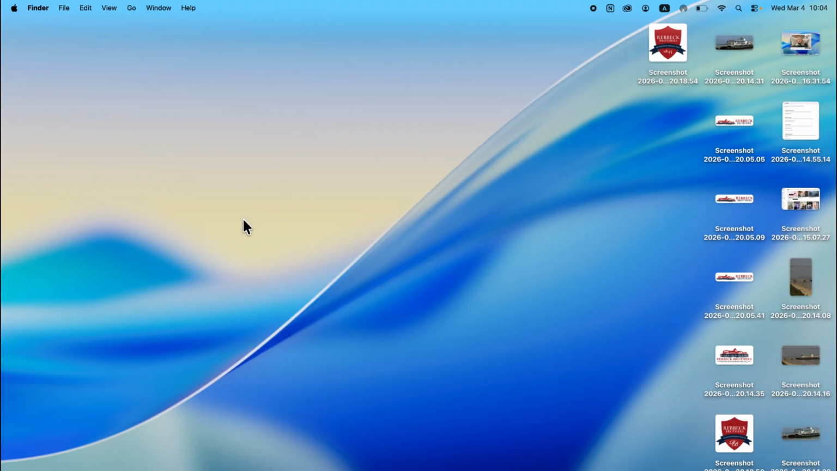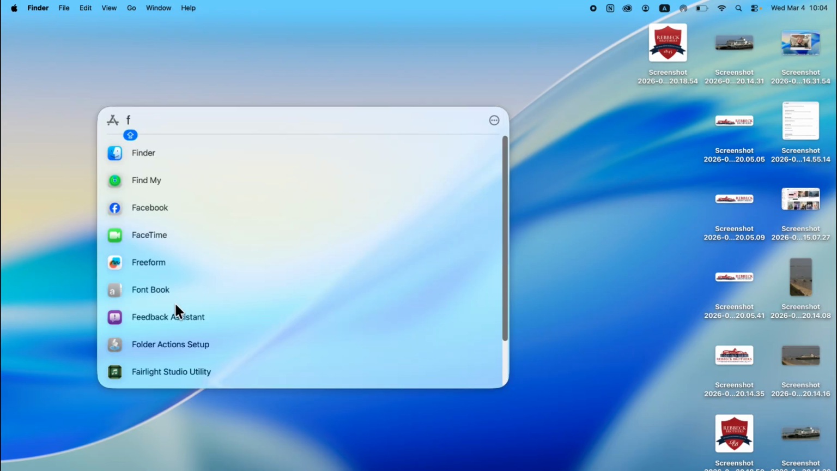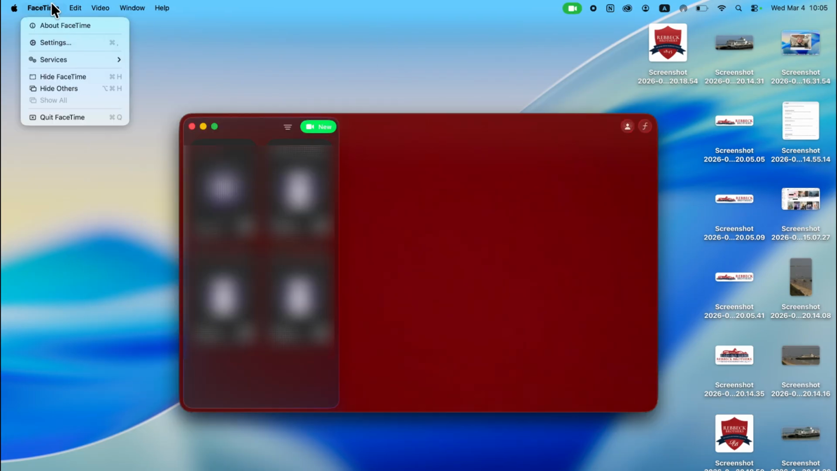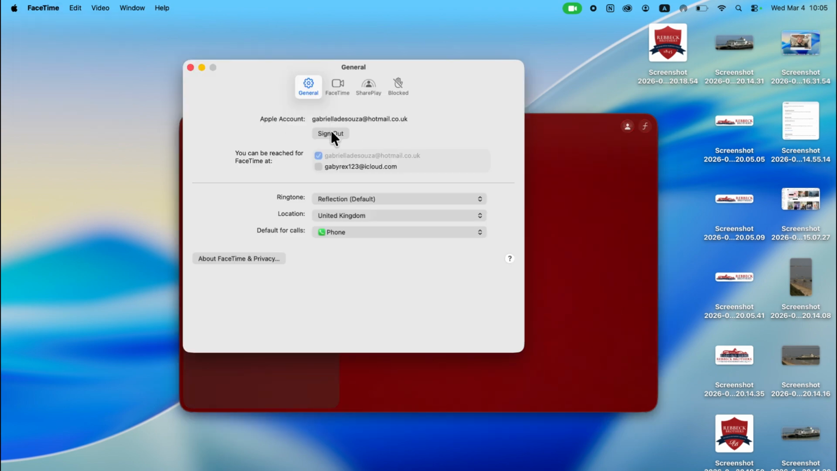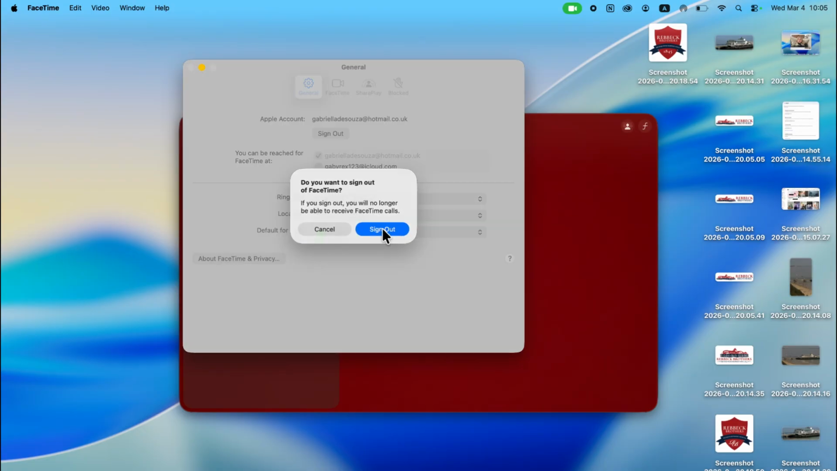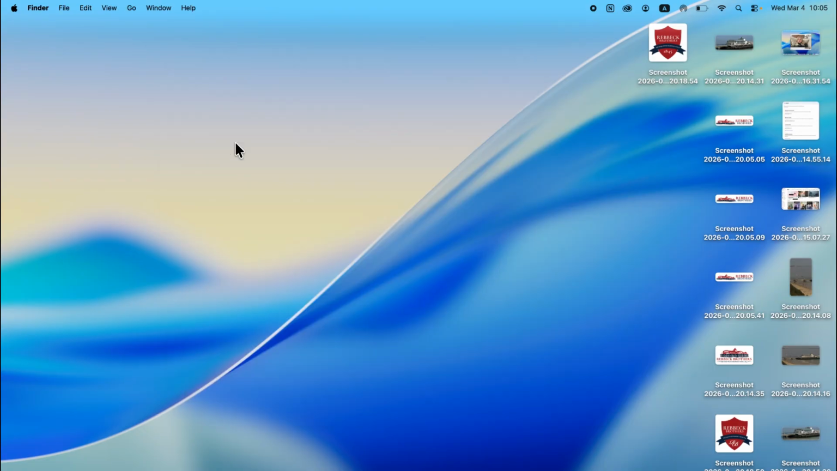Now once you've done this, there's one last thing we're going to do. So go and open up the apps on your MacBook. You could then search for FaceTime and open up the app. Now click on FaceTime at the top of the page and press Settings. You'll see your Apple account. Go and click this Sign Out button and then just press Sign Out, and that will stop you from receiving